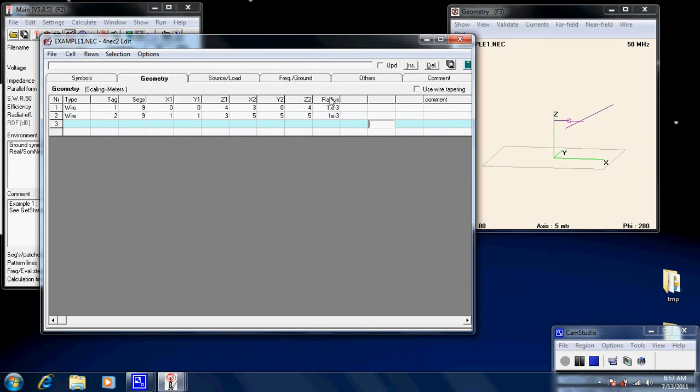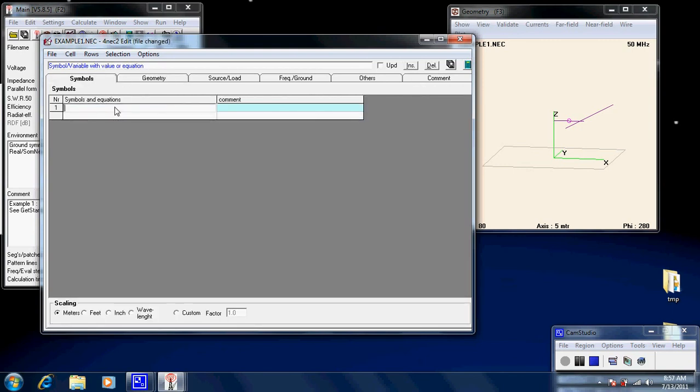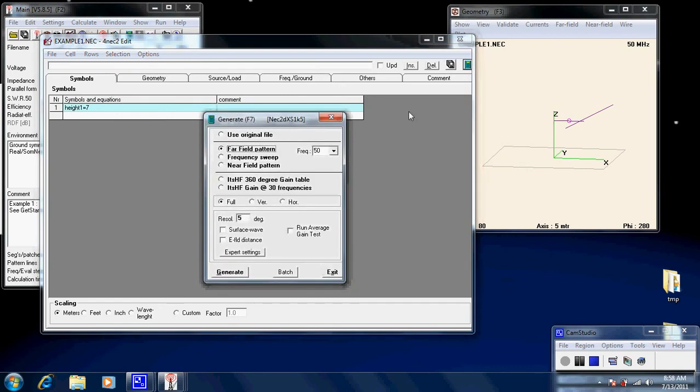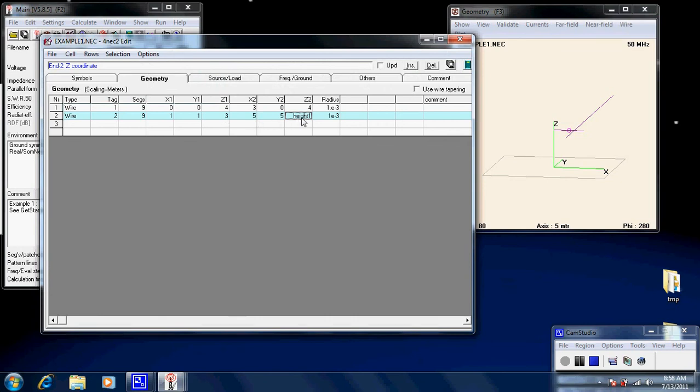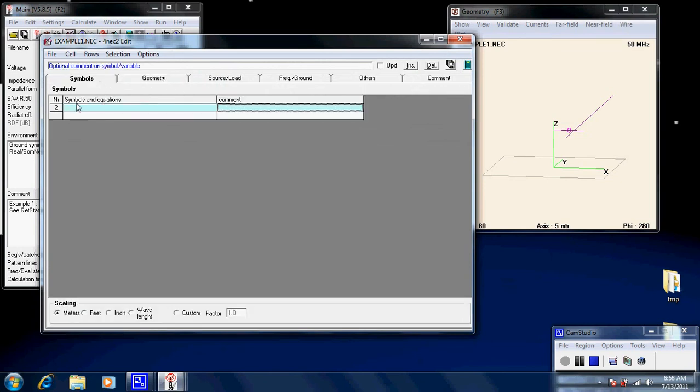Now let's say, for example, we wanted to change the height, or the end point. We could make this height 1. Now then we go to the symbols and we type in height 1 equals 7, for example, and then we save that, and then we recalculate, and you notice it's still there, it's fine, there's no problems. But now the difference is that we can change this height anytime we want. So we can have a look at that and we can change that to